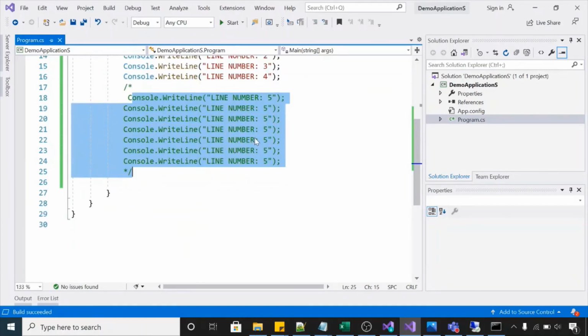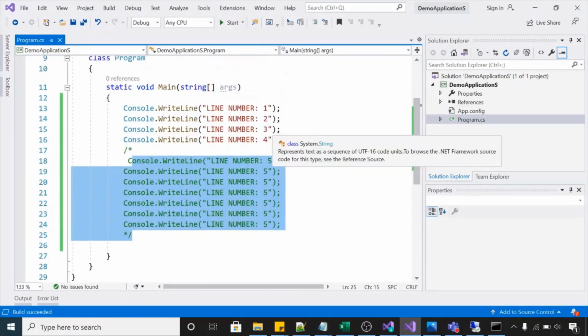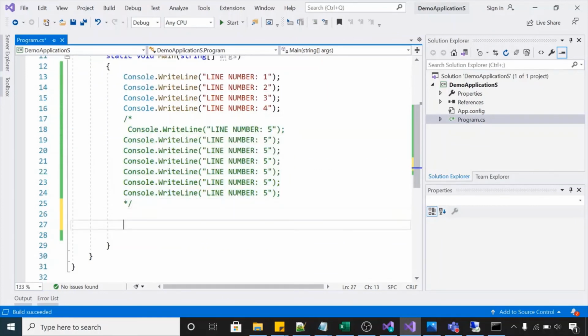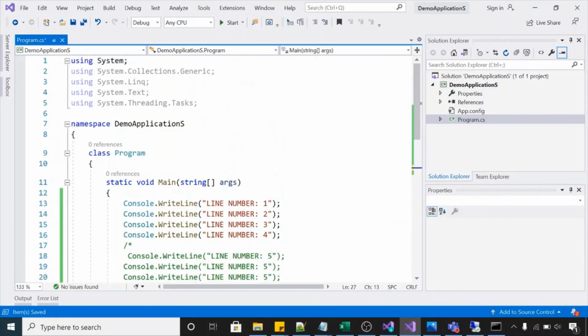Okay, so these are called comments in Visual Studio. And if you want to write any documentation about your method, let's suppose you have a method here that is used for adding 2 numbers. Let me move this method to here.